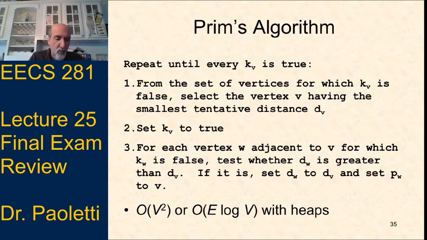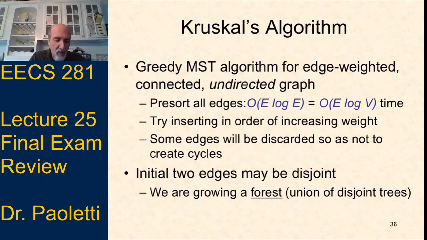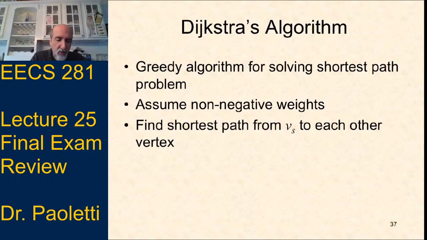Okay, Prim's algorithm, we've run through a lot. Kruskal's algorithm, we pre-sort the edges, try to insert them, and do union find to make sure that we don't duplicate things. Dijkstra's is almost identical to Prim's, except it's a cumulative weight to reach a new edge. It's the weight to get to the current vertex plus the new edge is the total weight to visit that one. So Prim's and Dijkstra's are almost the same, except Dijkstra uses a cumulative weight.